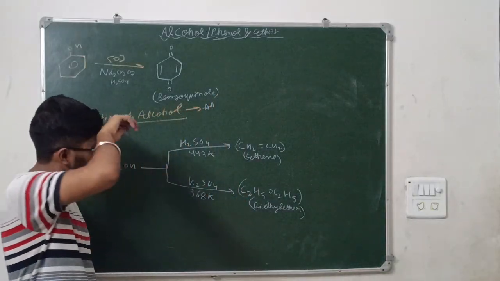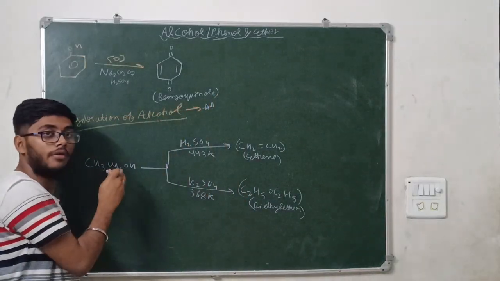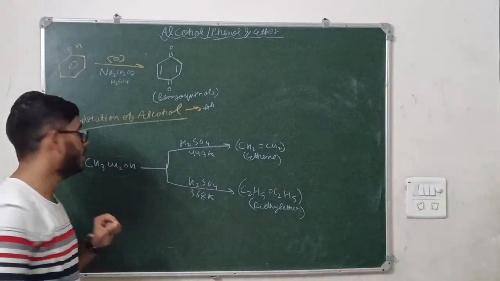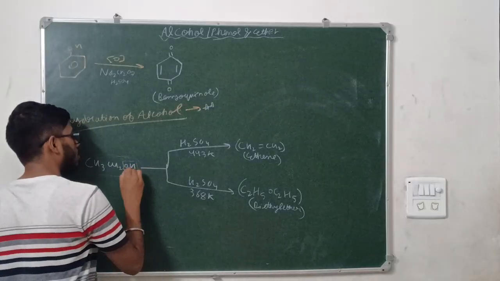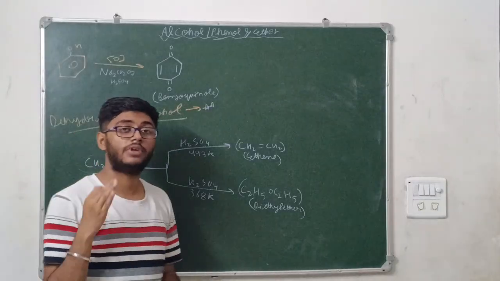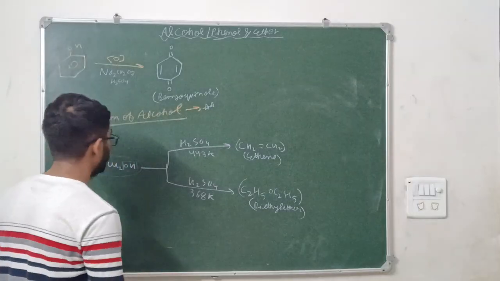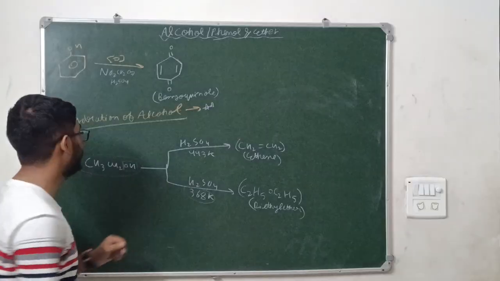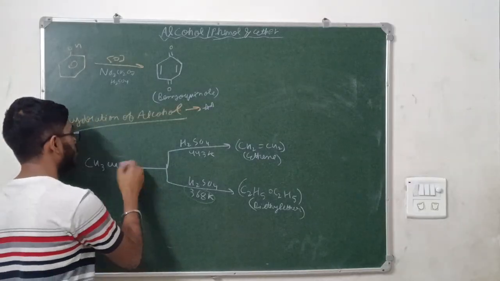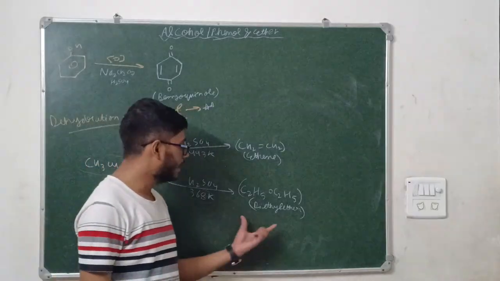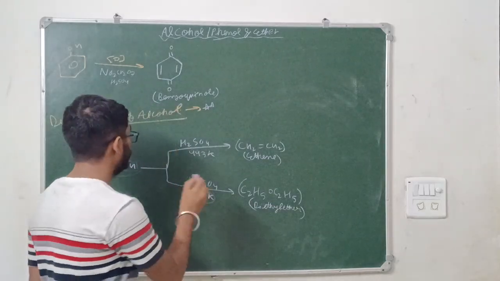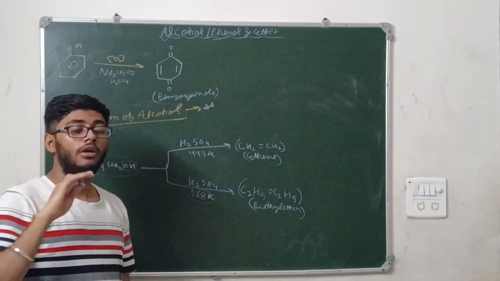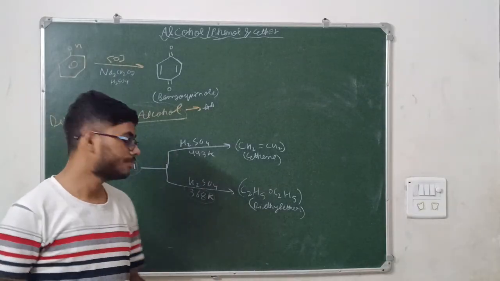Means at higher temperature, this whole alcohol will convert in ethene. What will H2SO4 do? It will dehydrate this water, because 443 Kelvin is quite a great temperature. Okay, 368 Kelvin as compared to this is very much low. So this will not dehydrate the water to some extent. Only acidic hydrogen will be lost, and this product, diethyl ether, will be formed. Okay, you have to always remember in dehydration of alcohol, if temperature is not specifically mentioned, you have to just remove the water molecule. Clear?